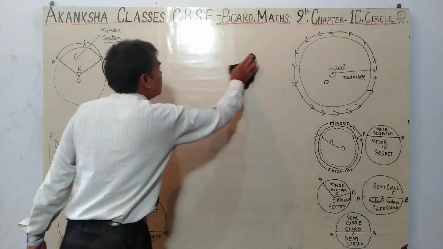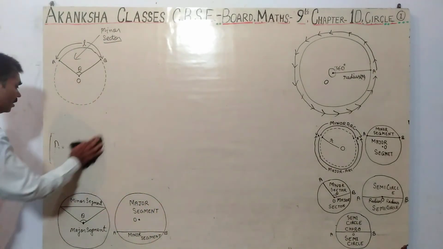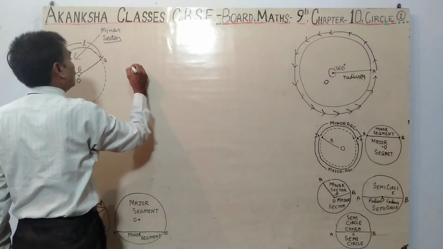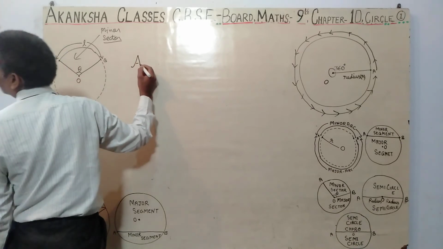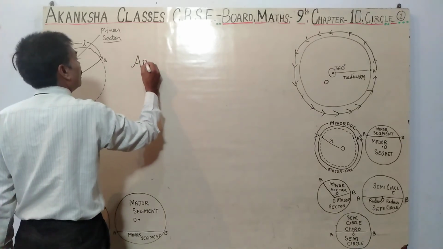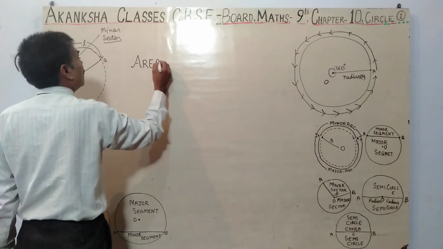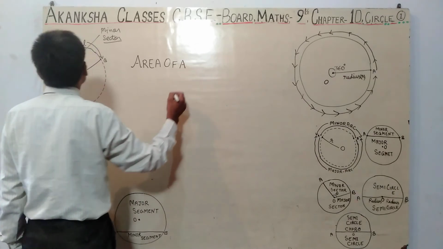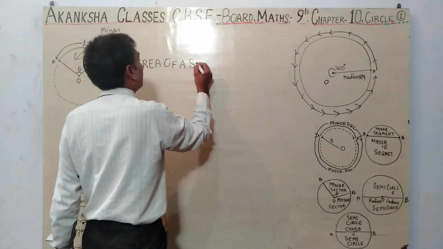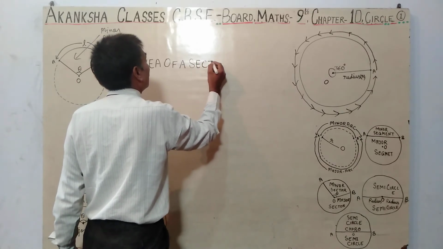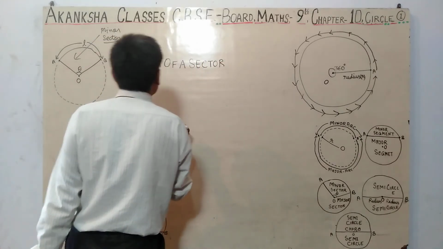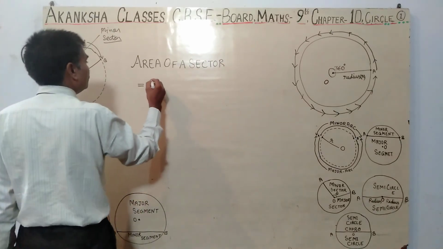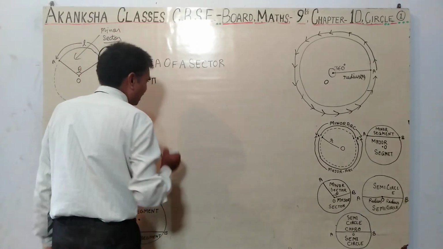Area of a sector equals area of a circle